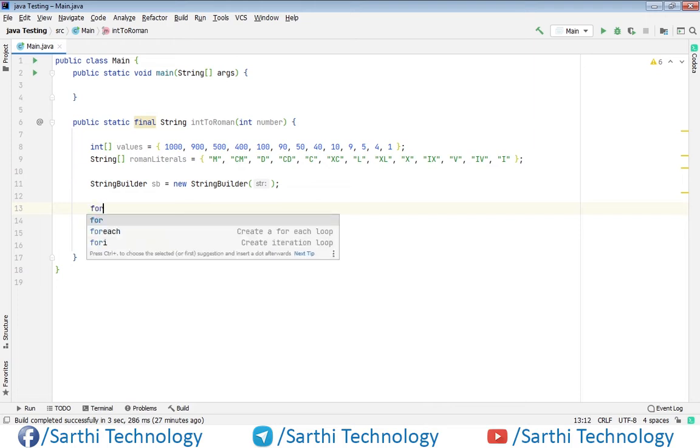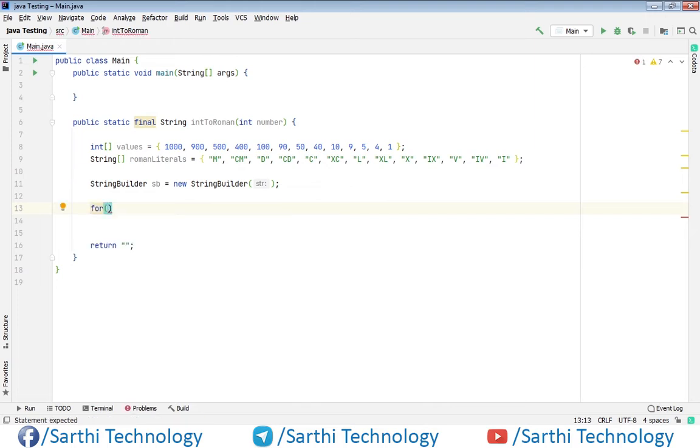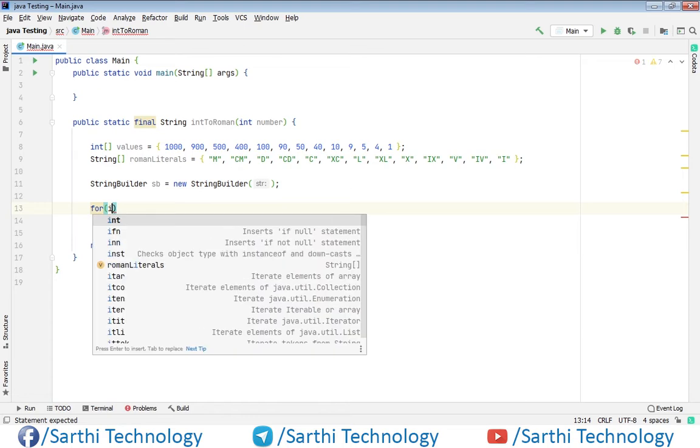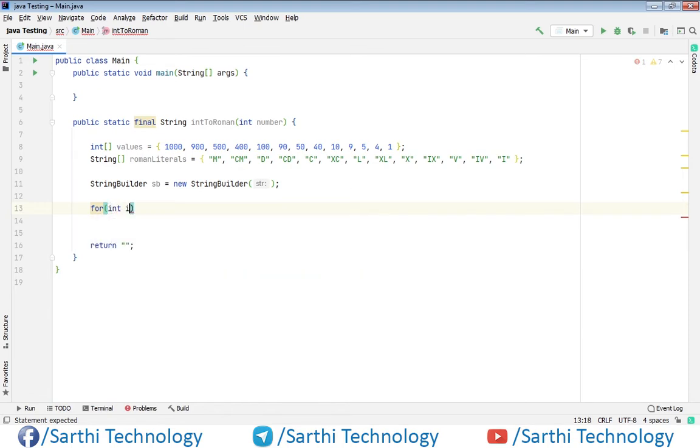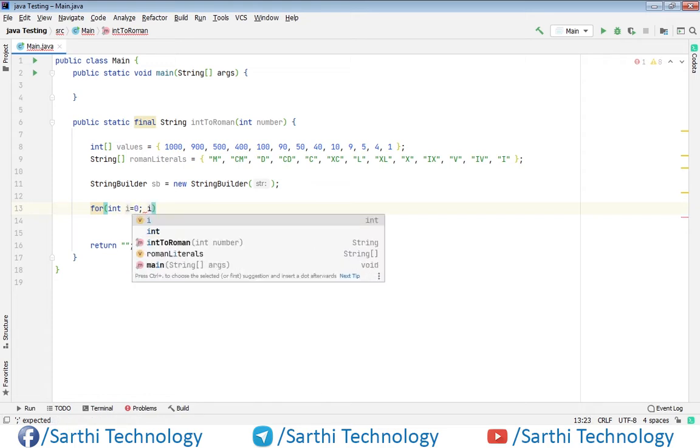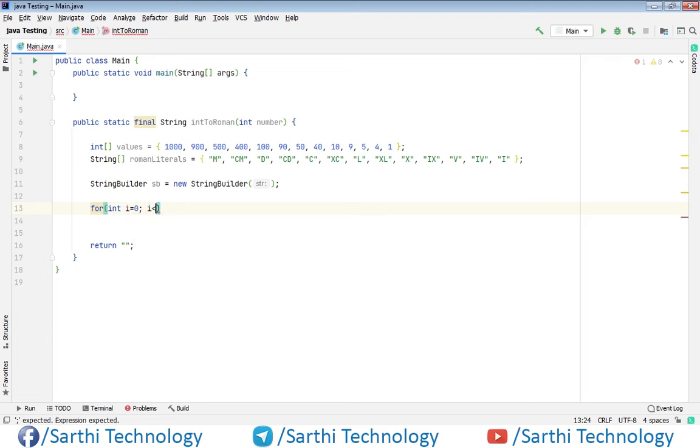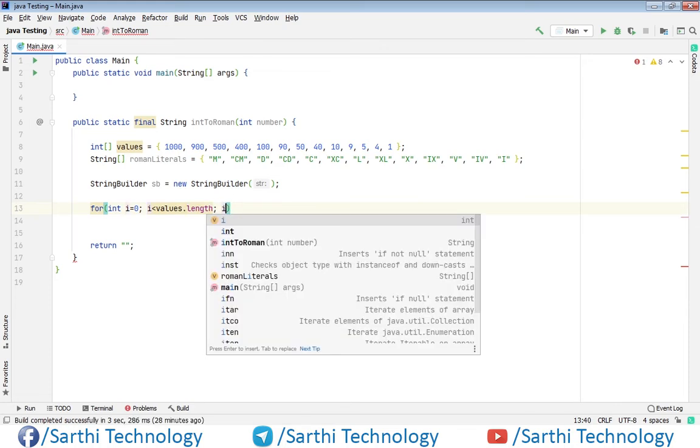This loop will run from int i equal to 0 to i less than values dot length. At this time this array has 13 numbers, so the loop will run 13 times, semicolon, i plus plus.